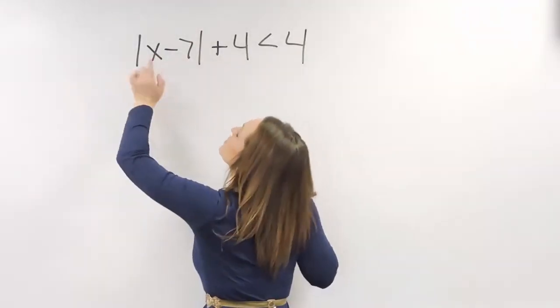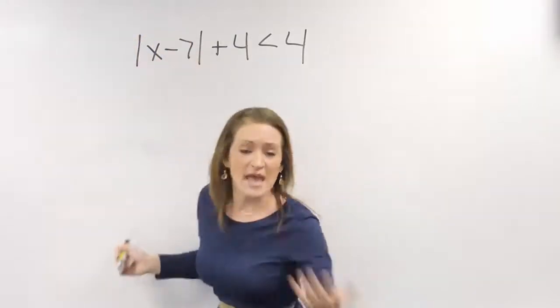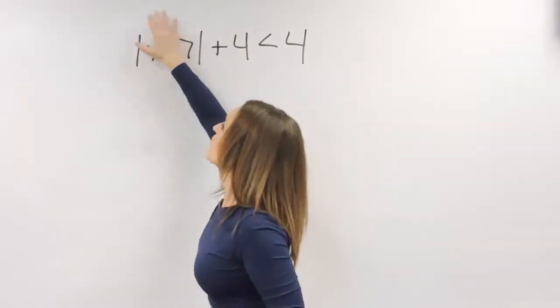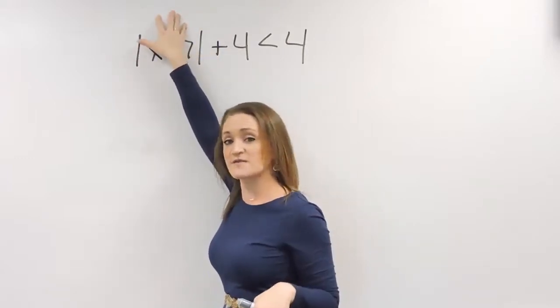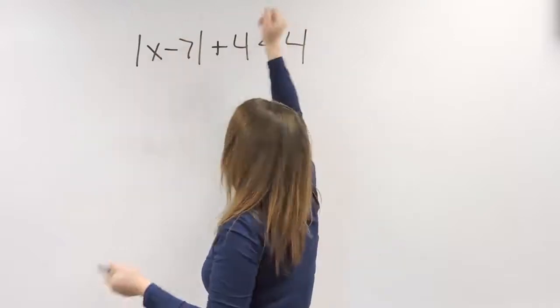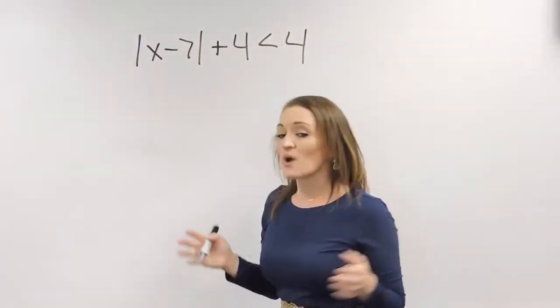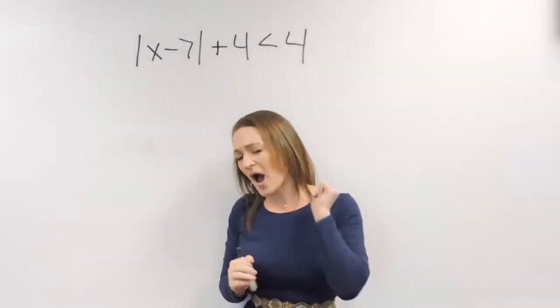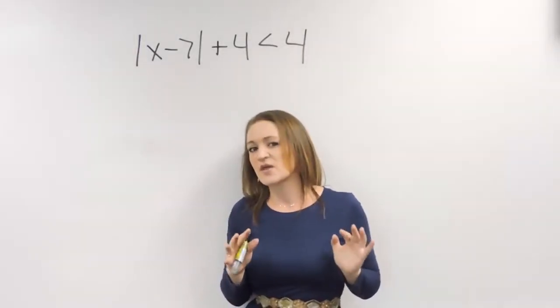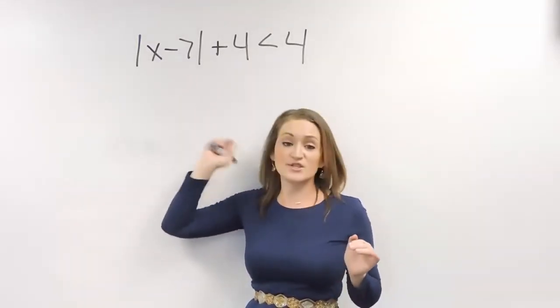So like for example, if I simplified this and I got like a negative 10 for my answer, let's say. We take the absolute value of negative 10 and we get a 10. It always turns positive. And then we continue on with simplifying the example, right, and solving it. So absolute value is always positive. And that's one of the main things you need to keep in your head as far as solving some of